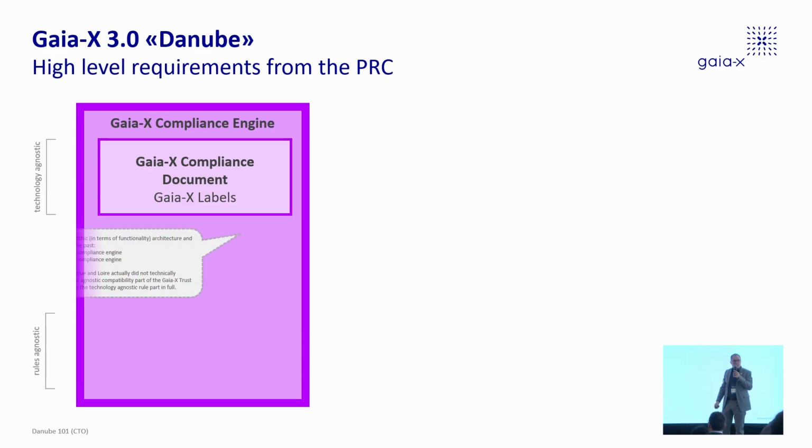But of course, in Loire and in Tagus, there is no rules agnostic implementation. Or have you seen that? The Tagus compliance engine, the Loire compliance is monolithic software. Of course, one package plus the registry, I totally get it. But essentially, it's a monolithic implementation where the rules agnostic technical compatibility part is right from the start built into the compliance engine, which made sense at that point in time. I would have done the same. So monolithic architectures are not bad in every situation. Good for Tagus, good for Loire.